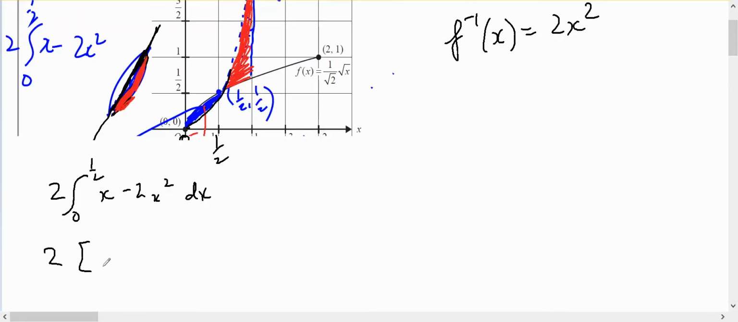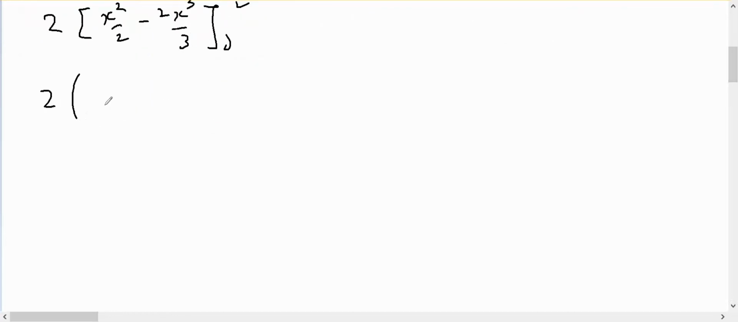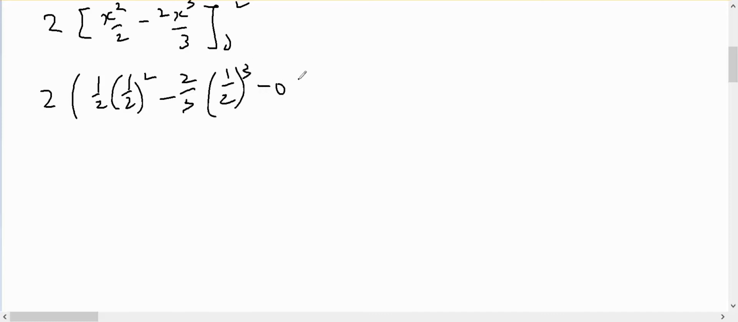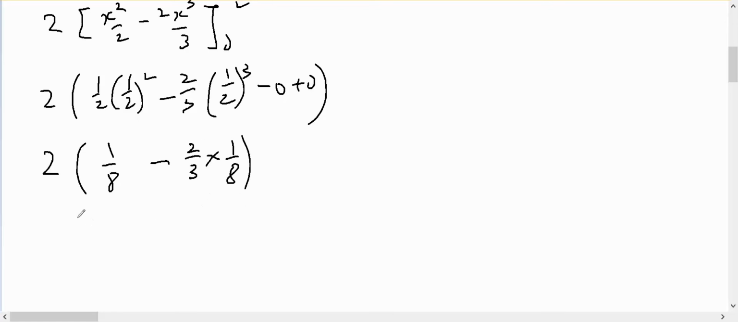So we've got two lots of x squared on 2 minus 2x cubed on 3 from 0 to 1/2. So it's going to be 2 times 1/2 times 1/2 squared minus 2/3 times 1/2 cubed, minus nothing plus nothing, which is two lots of 1/8 minus, so I've got 2/3 times 1/8, which is 1/8 minus 1/12. We'll get that, yep, 1/12,